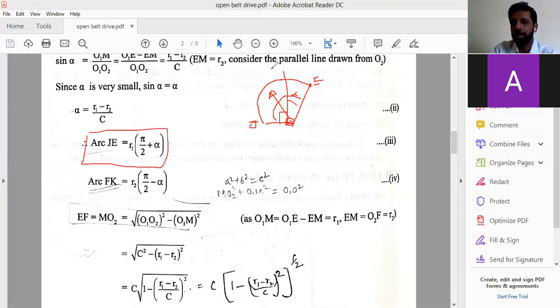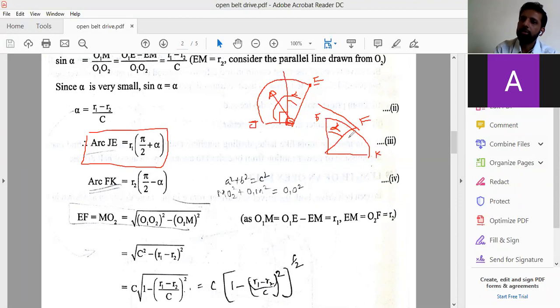Similarly, when we go to arc FK on the smaller end, we have the pulley like this, but the belt is going to come in contact only here. For this much angle alpha, the belt is not in contact. Here we have point F and here we have point K. So how much is it? This is 90 degrees minus alpha. Only this particular region is in contact. So 90 minus alpha, multiplied by the radius, since it is on the smaller pulley, denoted by radius R2.